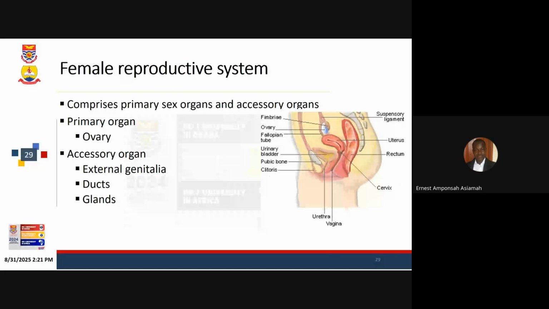So the female reproductive system is also made up of the primary sex organ and